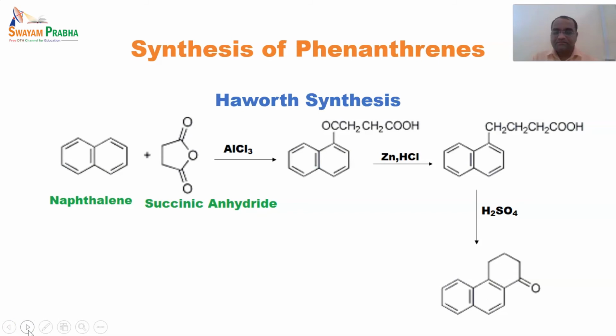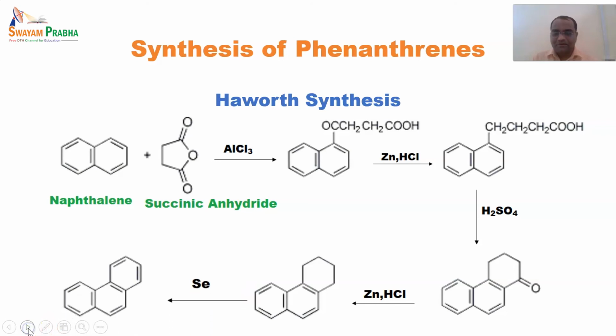and after addition of H2SO4 having an acidic media, this linear propyl acid chain gets cyclized, and after heating it forms a partial structure of phenanthrene. After reduction, the carbon over here, the ketonic carbon, has been reduced, and by using selenium,